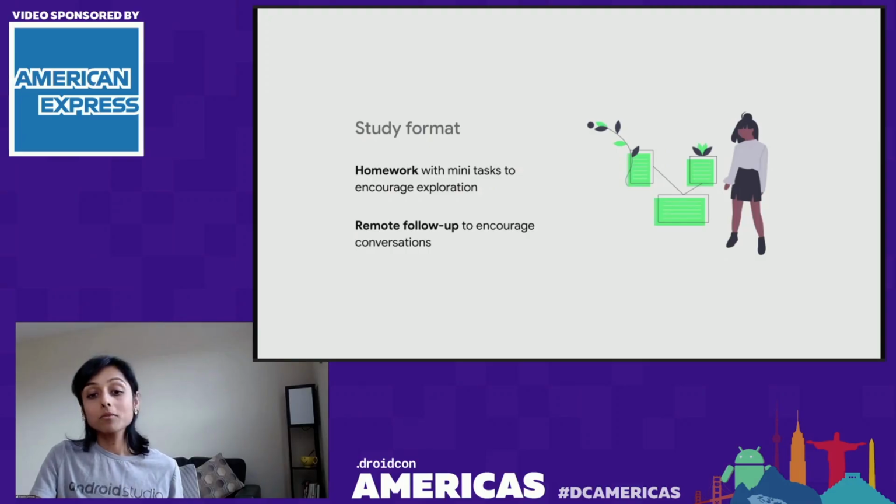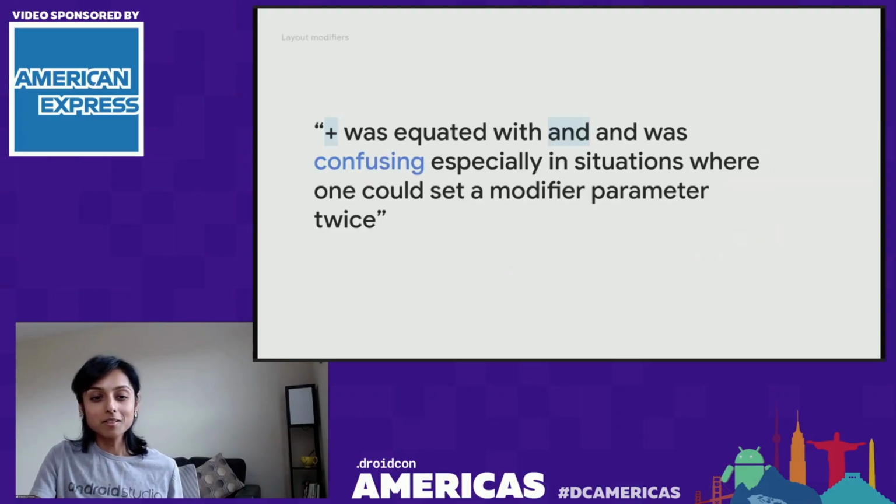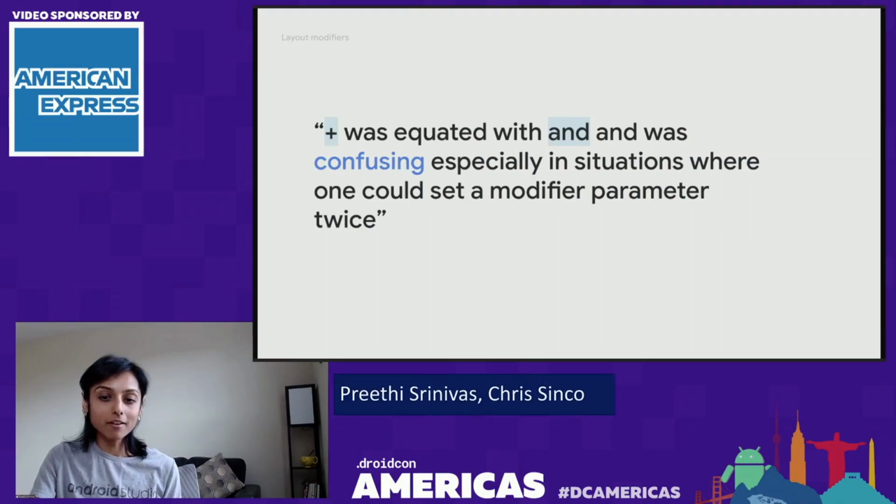Now, going back to what we actually learned with this, the concept of modifiers and the concept of ordering and using the chaining mechanism using the plus operator, the very first red flag we saw that got called out was the usage of the plus operator. While many developers associated plus with the concept of addition, they were expecting to see something like a compound result. There were some who thought plus is more like an overriding operation, and so they were expecting to see the code behave based on the most recent modifier that gets appended